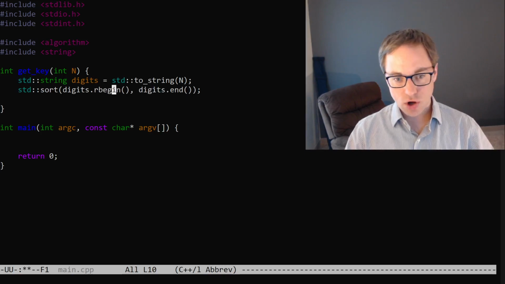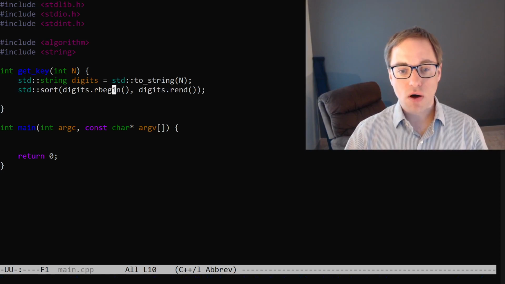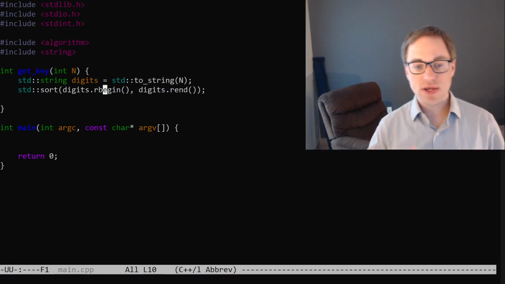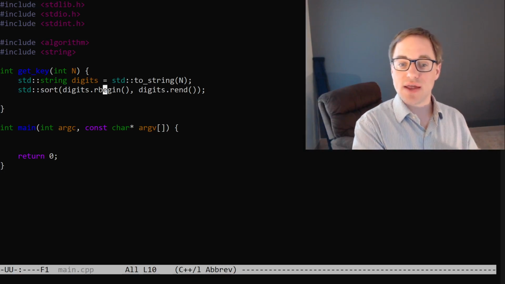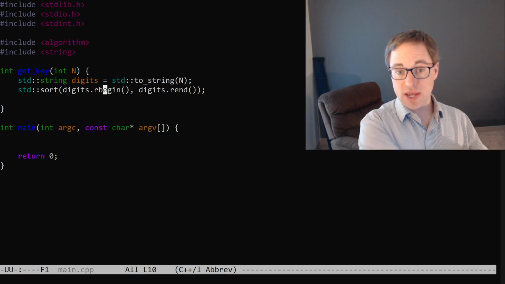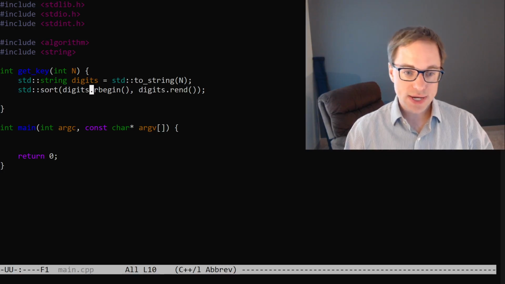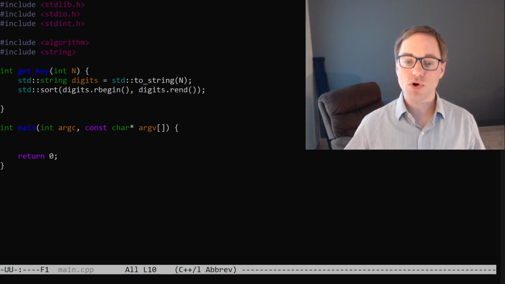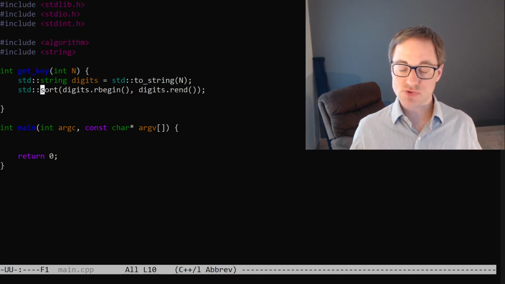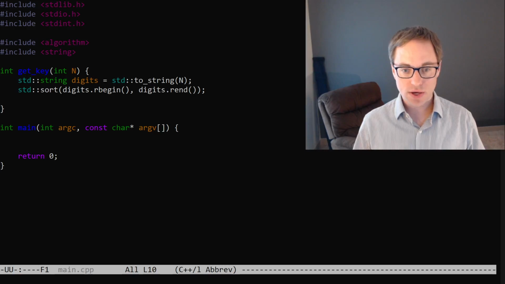And you can do that just by adding an R at the beginning here. So this R begin is going to cause the iteration to actually start at the end and move to the beginning instead of starting at the beginning and moving to the end, as the names of these functions might suggest. And so even though this sort function is still going to be sorting in ascending order, we're kind of making it look at the string backwards, and so it will end up sorting it in descending order